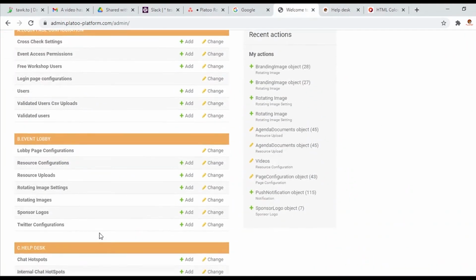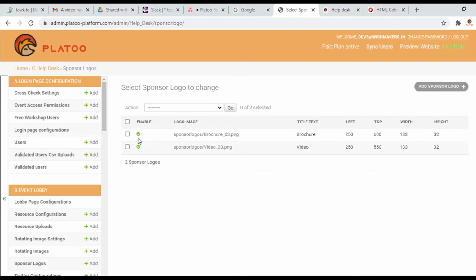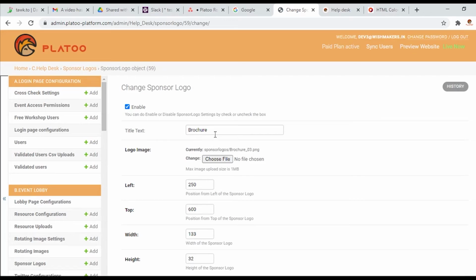So now for the last topic, sponsor logo. If you have to add a sponsor logo, you can just click on sponsor logo on help desk, and you just click here, and you can add. Always enable first, then add text title, which is brochure.